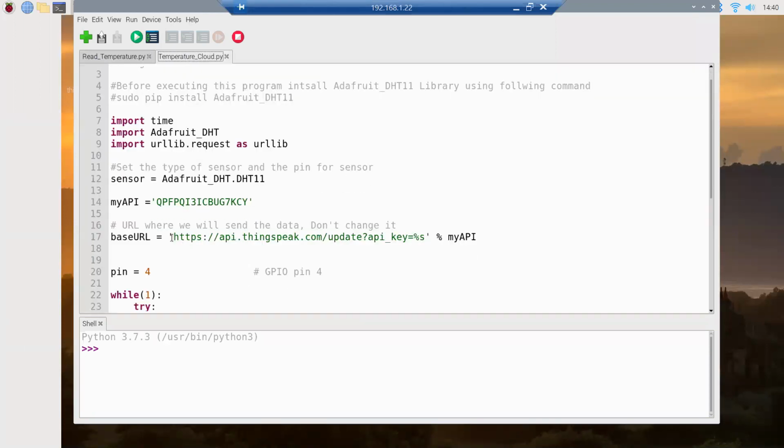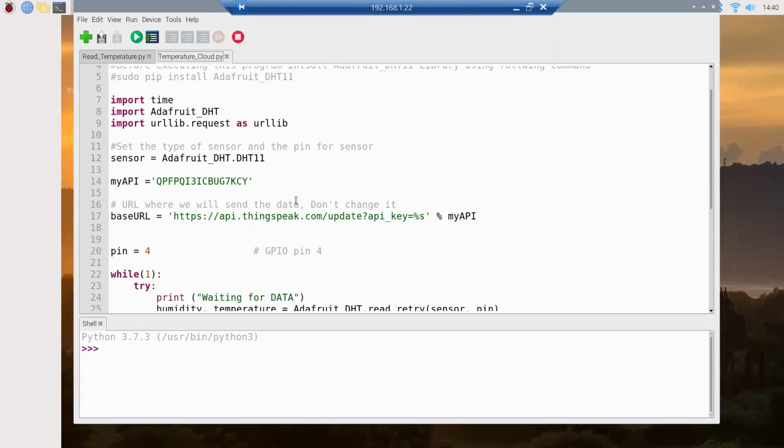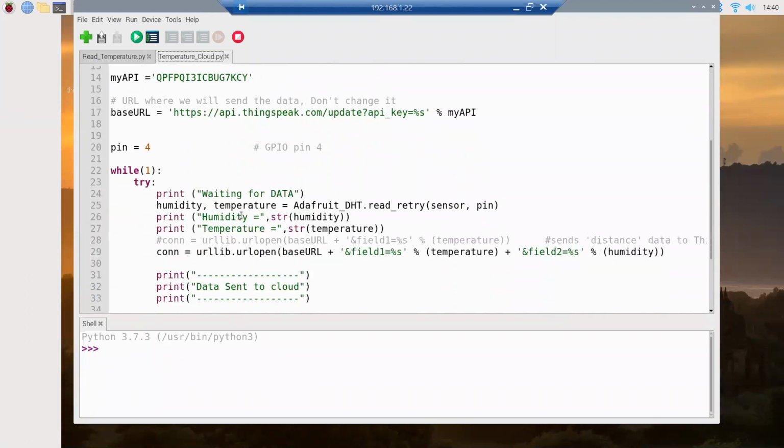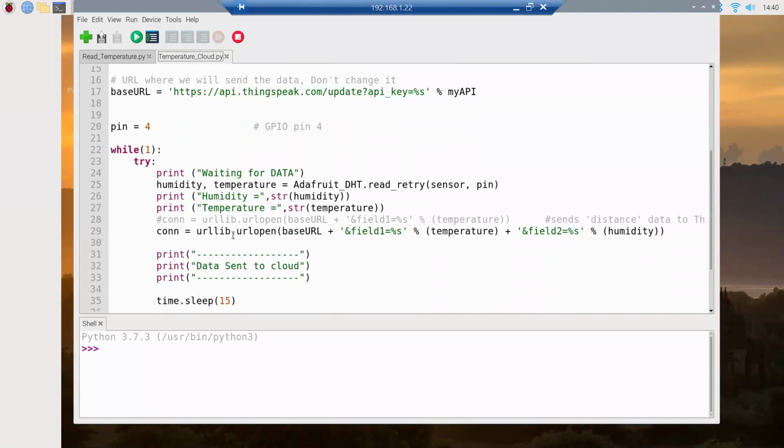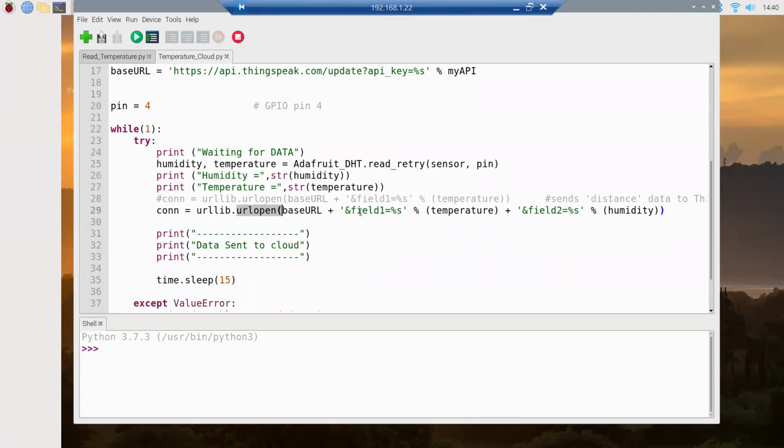So that is the API. After getting humidity and temperature, we construct the URL and we call the urlopen method that will send the HTTP request to the ThingSpeak cloud. Right. So once the statement is executed, the data is stored in that cloud.